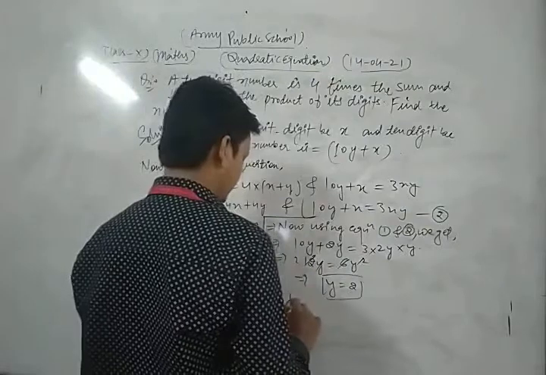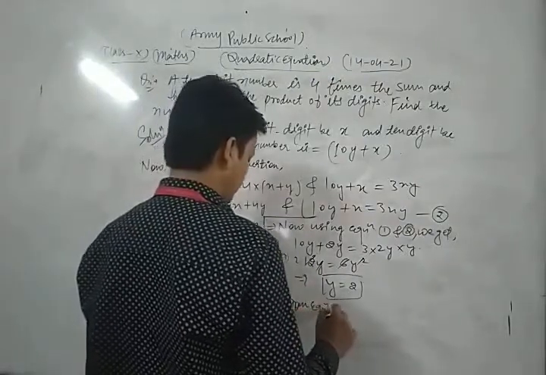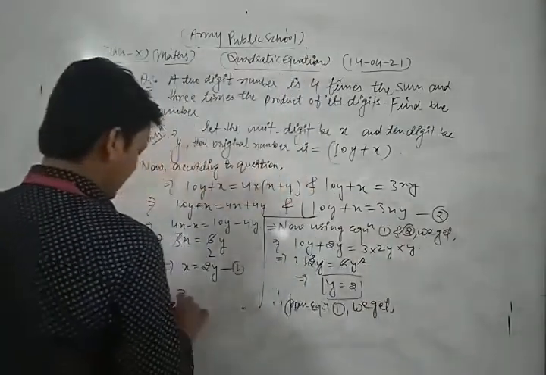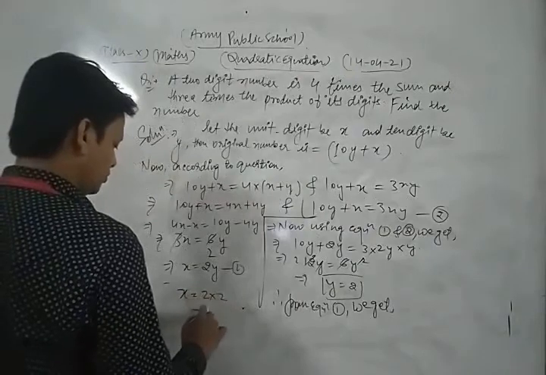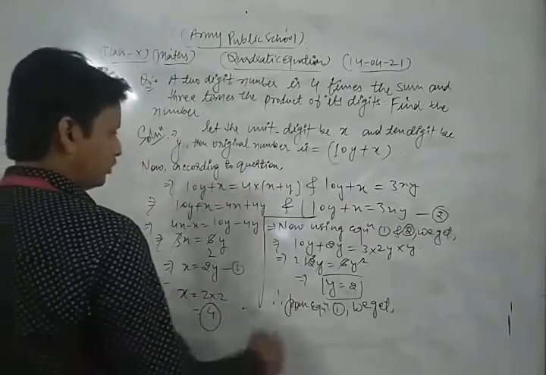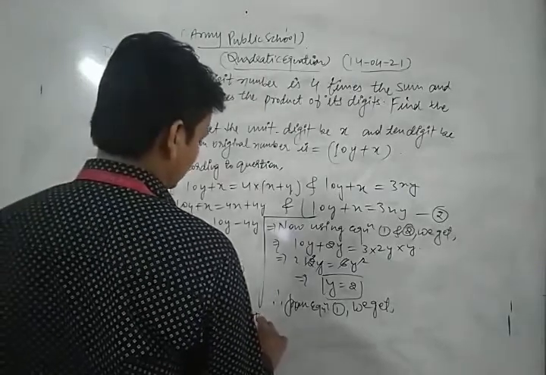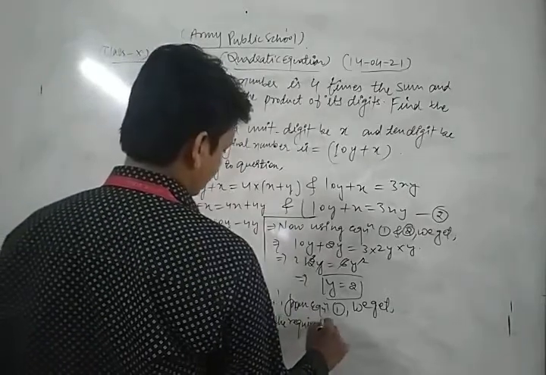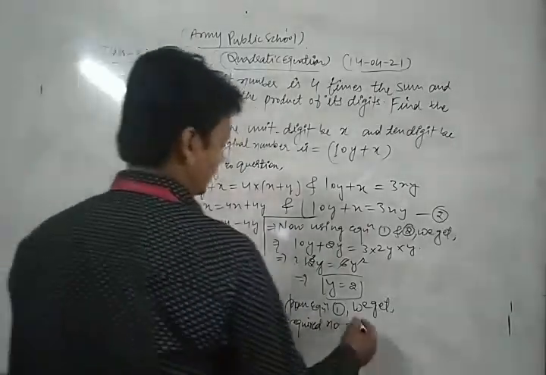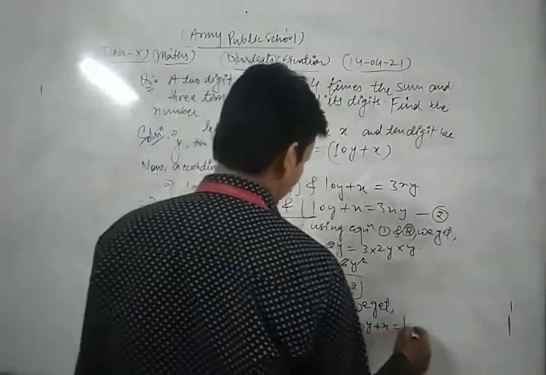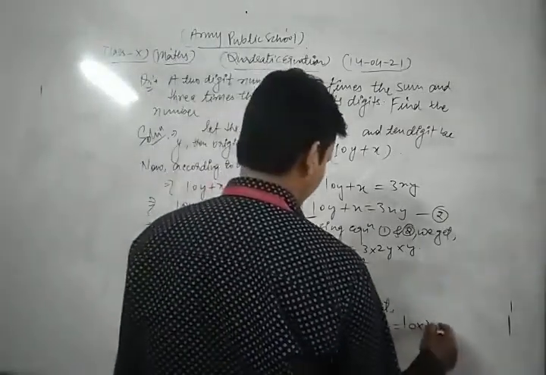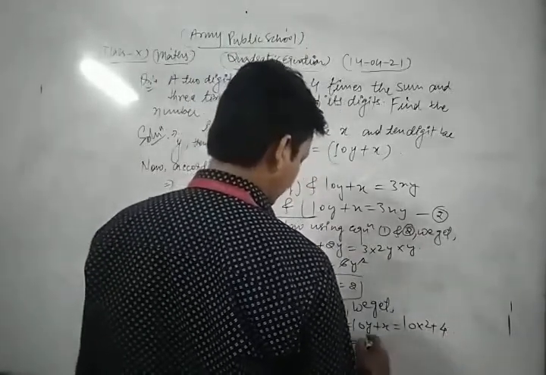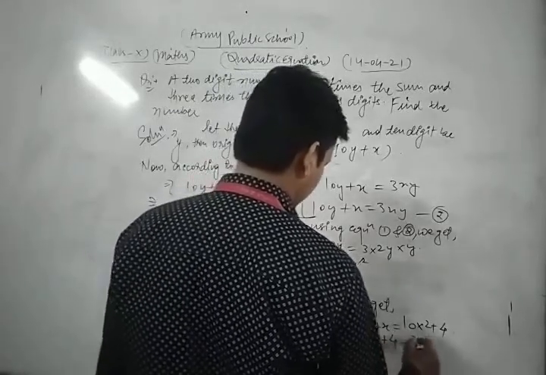From equation 1 we get x is equal to 2 into 2, that is 4. So thus the required number will be 10y plus x, which is 10 into y, meaning 2, plus x, meaning 4. So we get 10 times 2 is 20, plus 4, that is